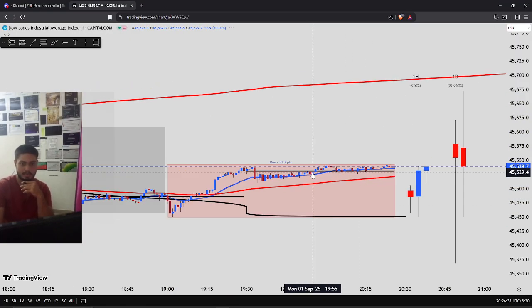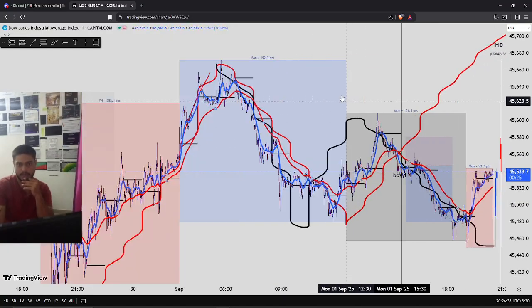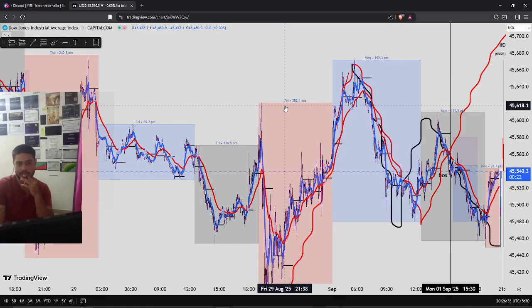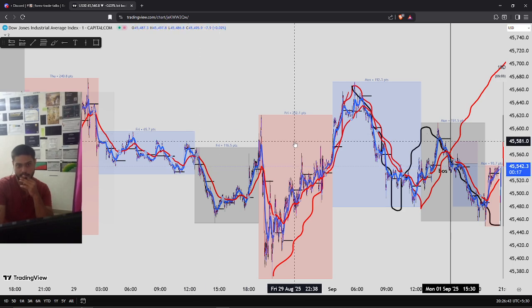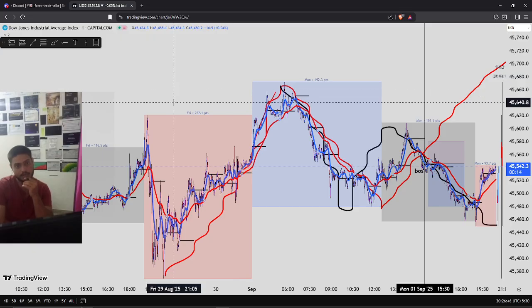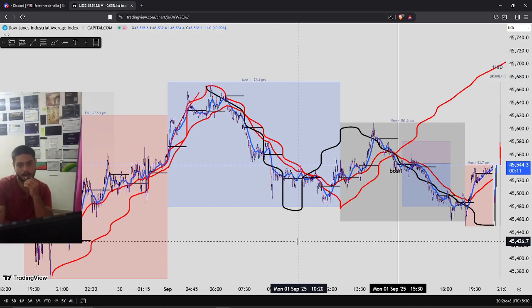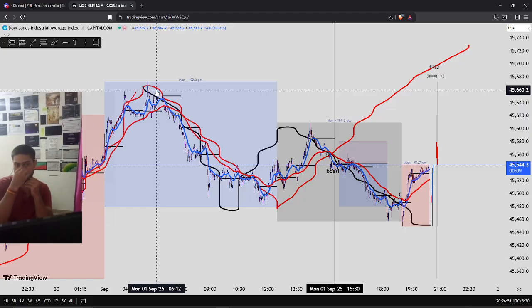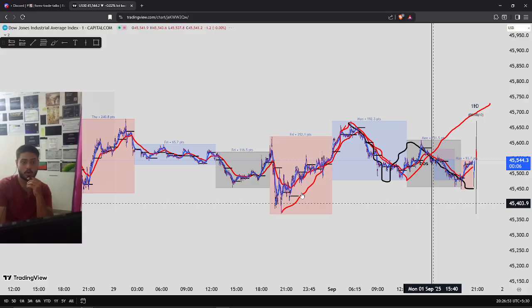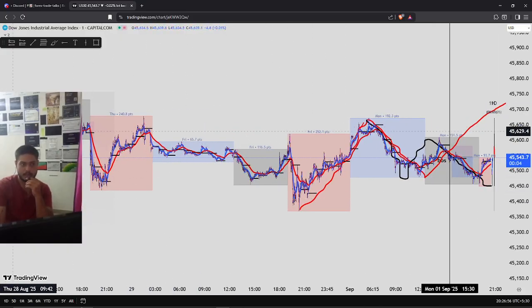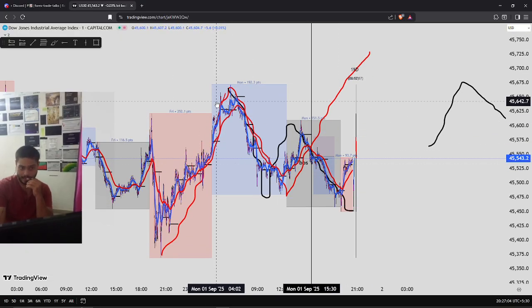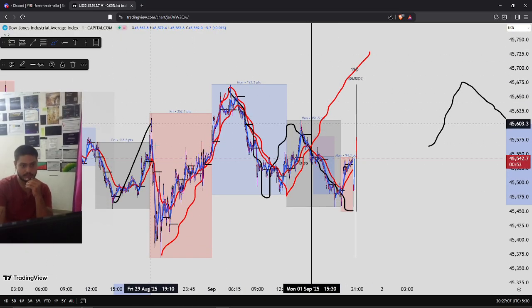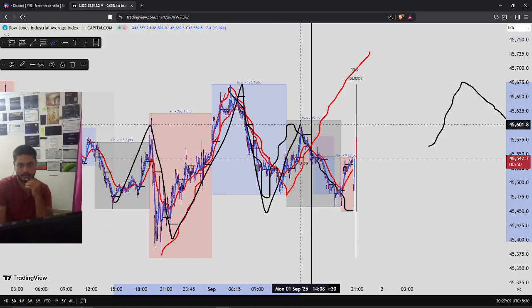Also, if I go to the 1 minute time frame, today in the Asian session we had already taken the previous day high. See, this is the Monday Asian session. This was Friday's Asian, Friday's London, and Friday's NY. Today we have already taken the previous day high in a sense, right? If you have taken the previous day high, and the overall market has been consolidating, then in a consolidation market, if you've taken a previous day high, more or less you're going to come to the downside. And because I analyzed this left shoulder, head, right shoulder,